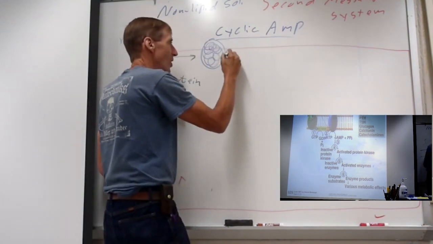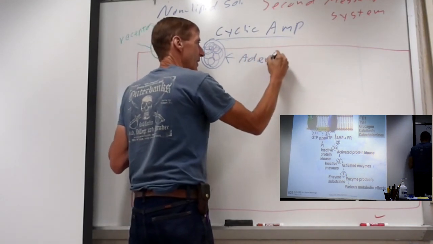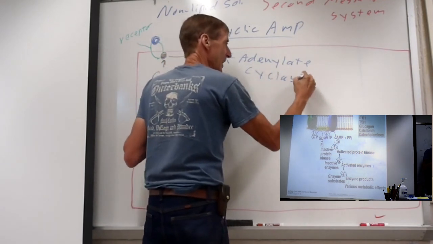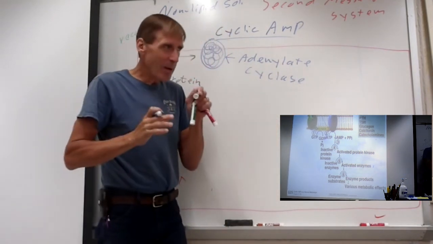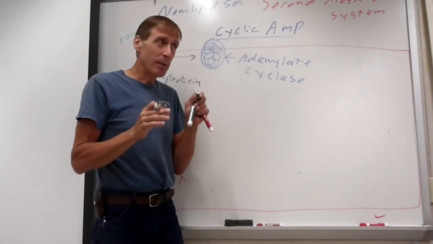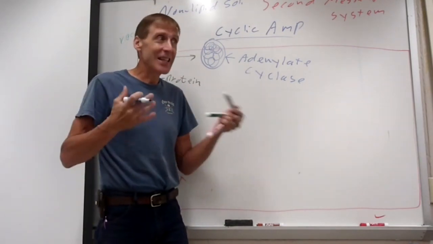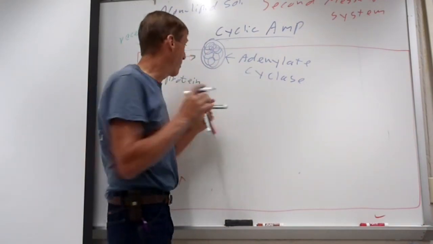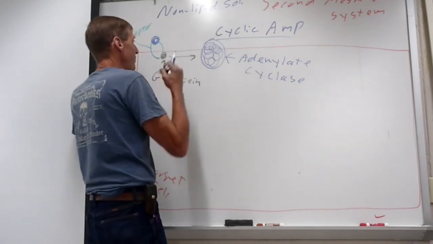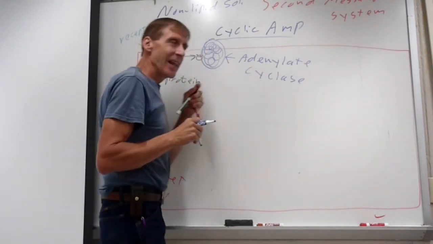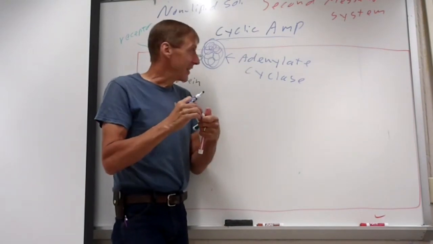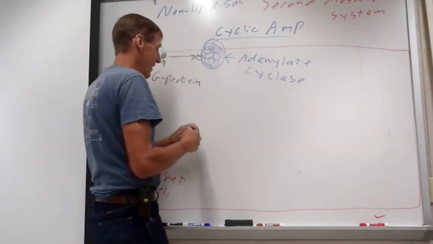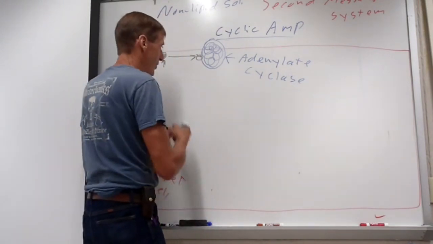This membrane protein is called adenylate cyclase. It's a membrane protein, but remember, one of the functions of membrane proteins is that they can have enzymatic capability. This is an enzyme. Adenylate cyclase is normally an inactive enzyme. That is, it doesn't normally do anything. But when it receives a signal from the G protein, that activates or turns on the adenylate cyclase. Now, what does adenylate cyclase do? Adenylate cyclase is an enzyme that will take